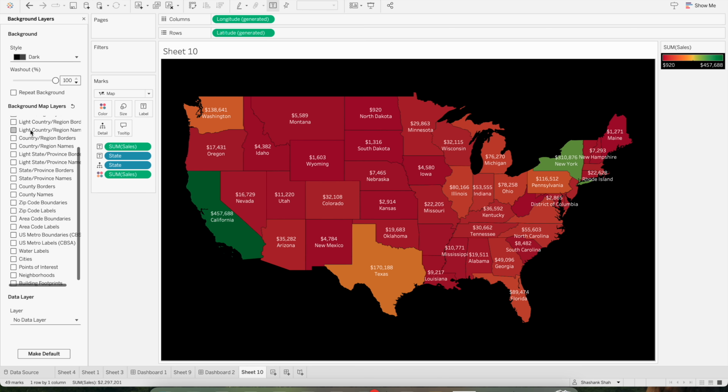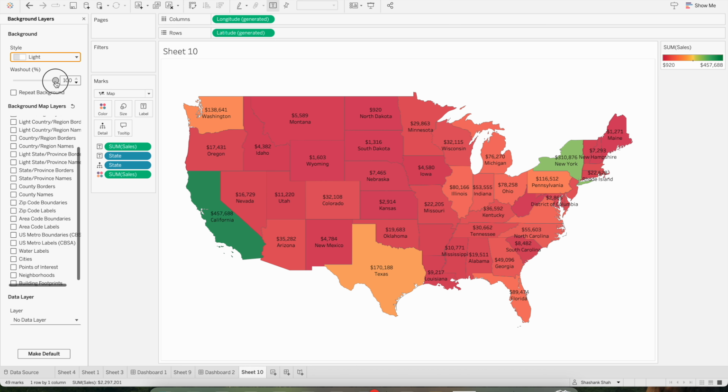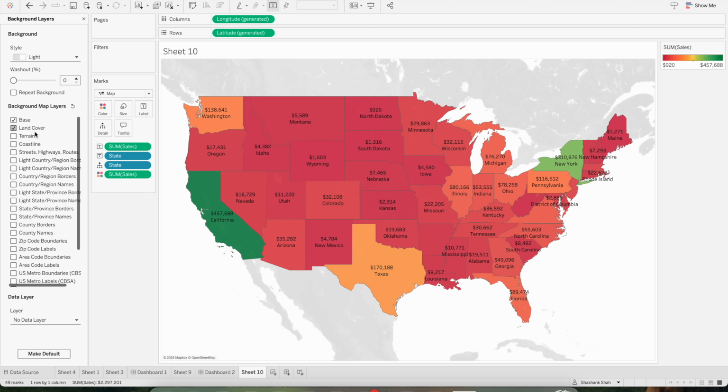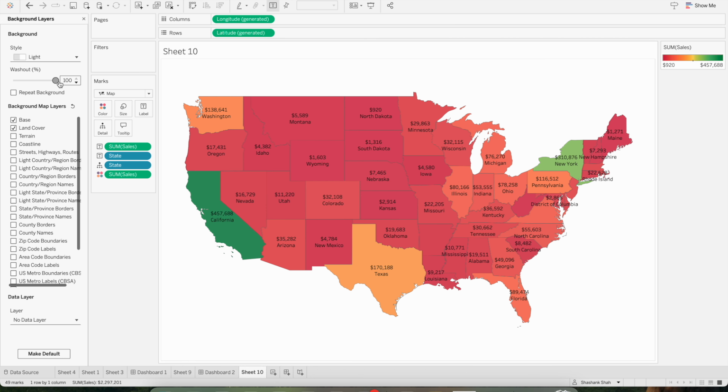So for example, let's go to light background and let's select something like base and land cover. Right now you can see all these disturbances, or I would say these designs coming up, and if I don't need them, I will just increase the washout to 100%